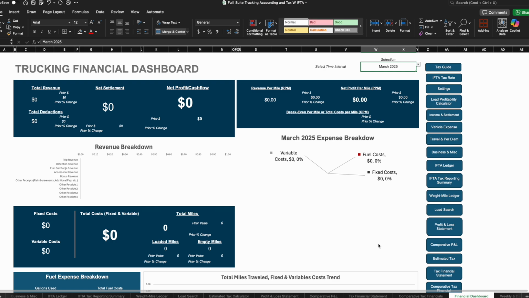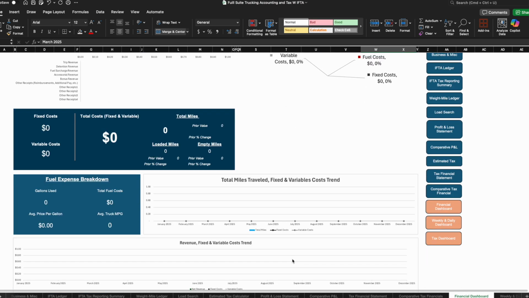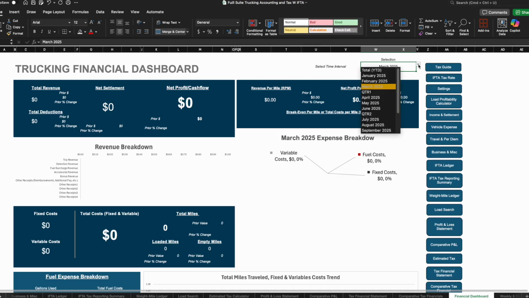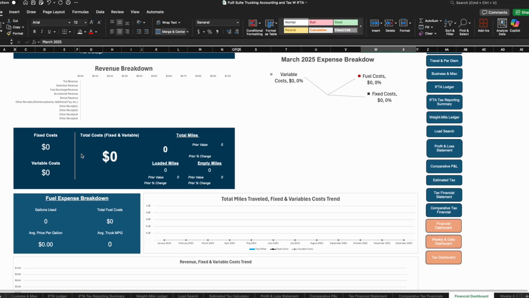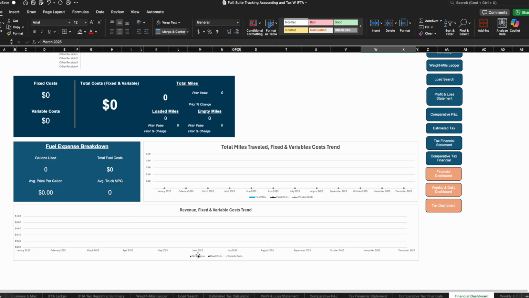And then here's the financial dashboard. Visually, it'll tell you all the information. You can pick any month, any quarter, and year to date. And then you can see your revenue, your net settlement, your net profit or cash flow, your revenue per mile, net profit per mile, and break-even per mile. And then here you can see your different types of costs. And here, once you fill out the data, there's going to be a pie chart that tells you your expense breakdown. It'll break down your fuel cost, your fixed cost, your variable cost, and different trends as